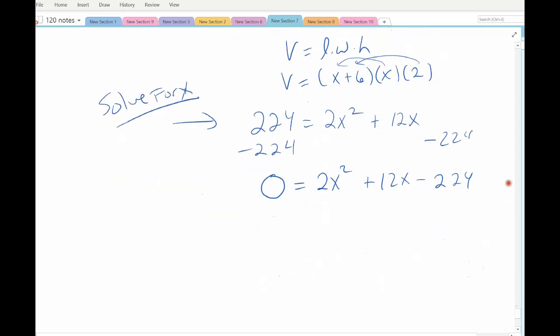And now it's up to you. This one does factor. It is factorable. If you want to solve it by factoring, you can pull out a 2 and factor it that way. You can solve it using the quadratic formula. You could graph it and find its zeros. And since I'm going to assume most students will do the graphical method, that's the method I'm going to use. So I'm going to graph and find its zeros. And again, I already showed you how to do that, so I'm just going to generically